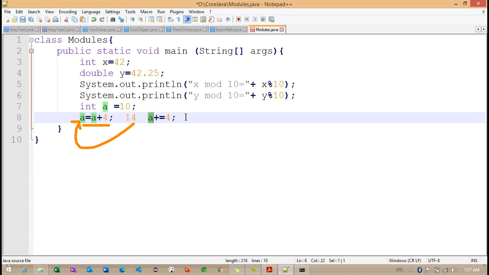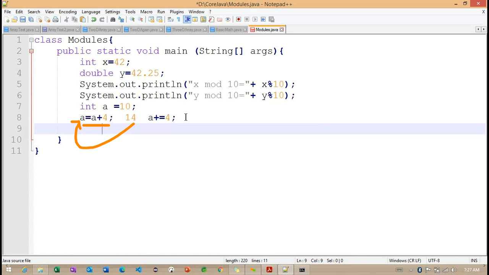We have two steps here. First step, with the help of a plus 4, we get some value. Then we store it into the variable. So adding the value and initializing the value.